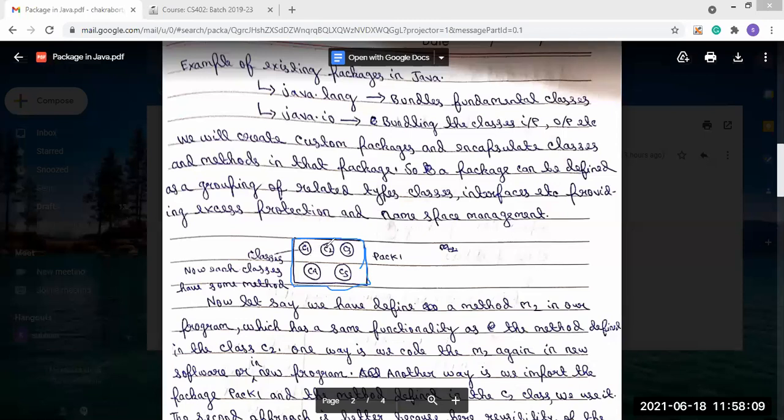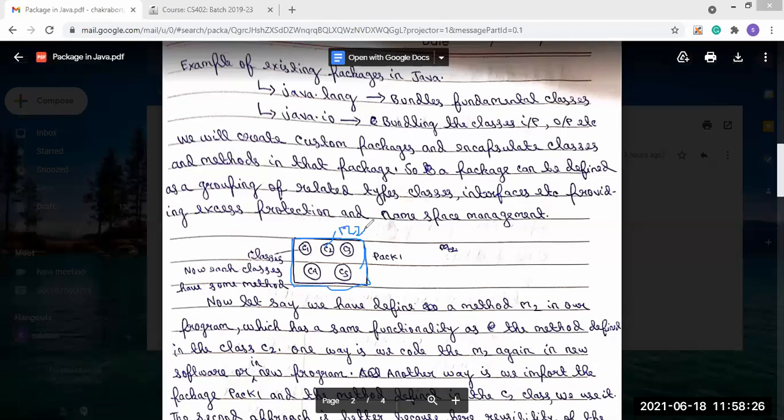Inside the C2 class, there is also a method M2. So these two M2 methods have the same functionality.